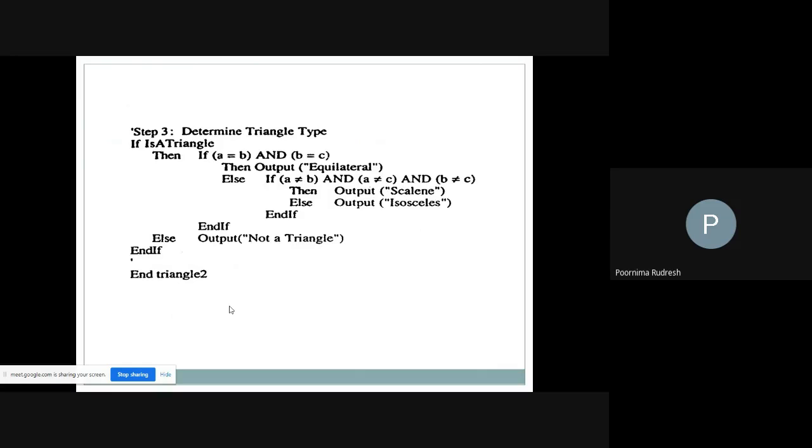So what is the condition for the equilateral triangle? If all the sides are equal. That is, if A is equal to B and B is equal to C, what does it indicate? A is equal to B, B is equal to C, then it indicates that all sides are equal, then we say that it is an equilateral triangle. Else, if A is not equal to B and A is not equal to C and B is not equal to C, means